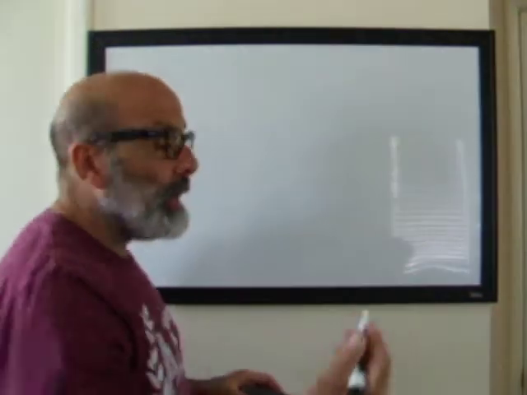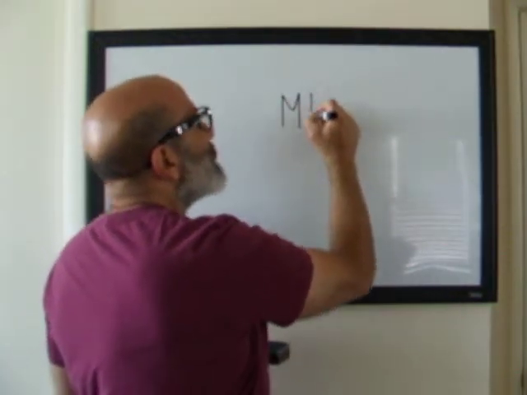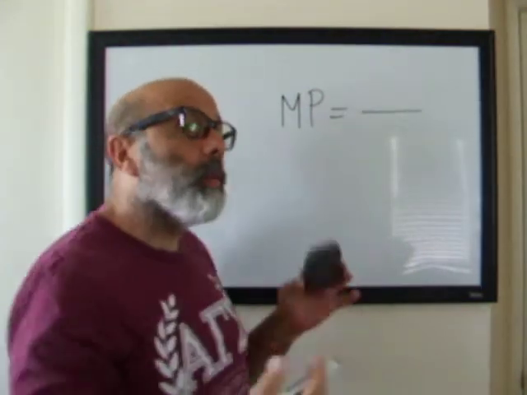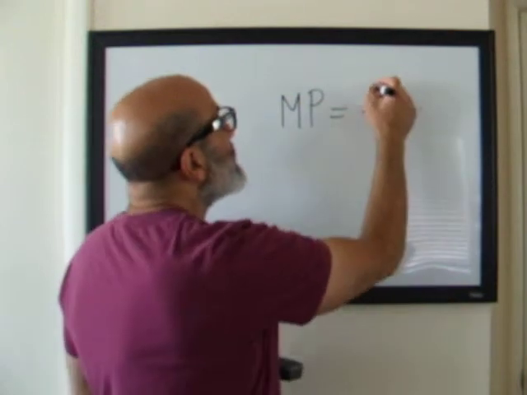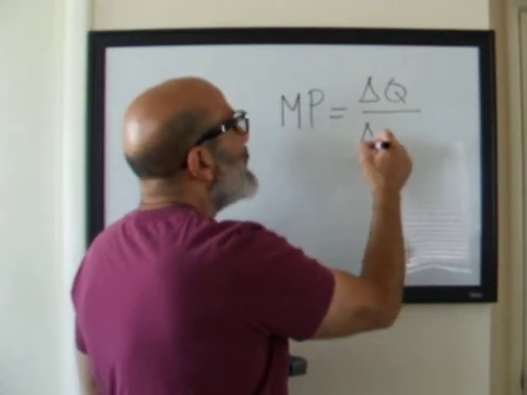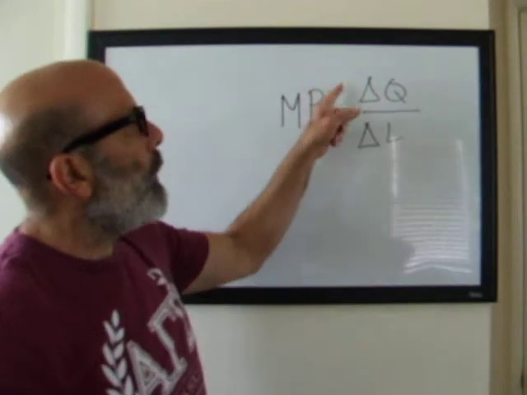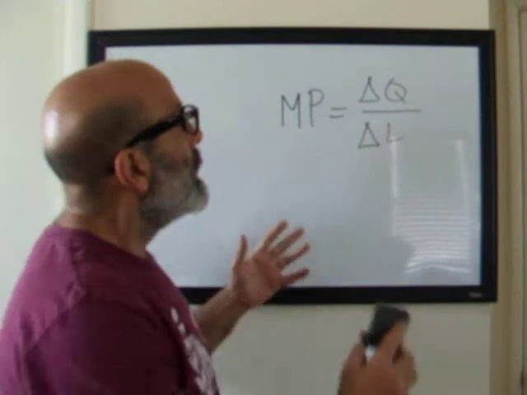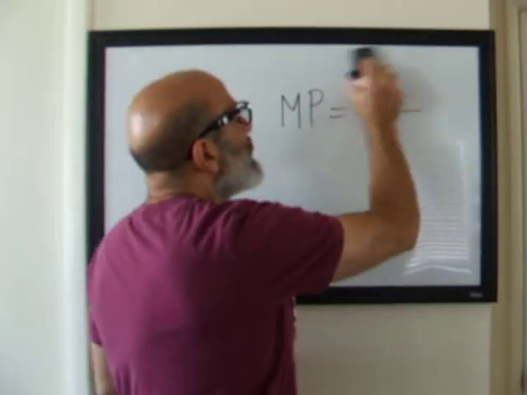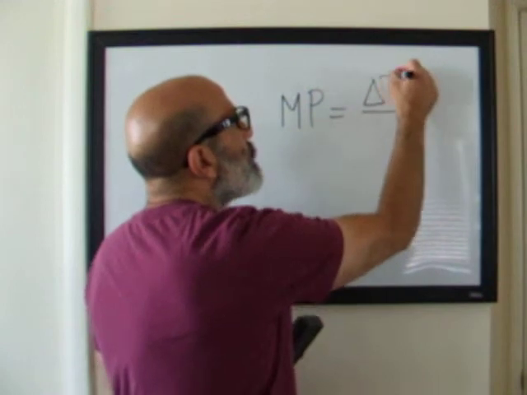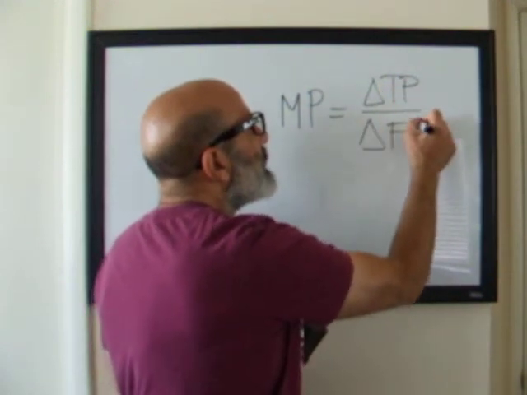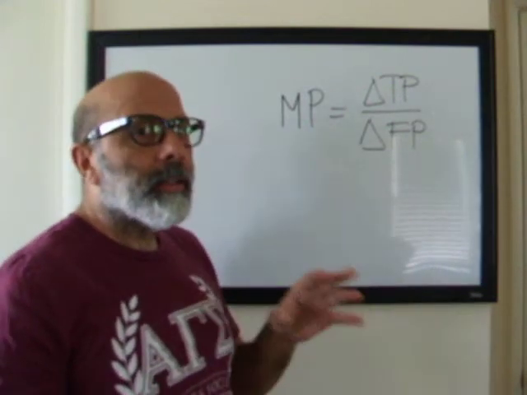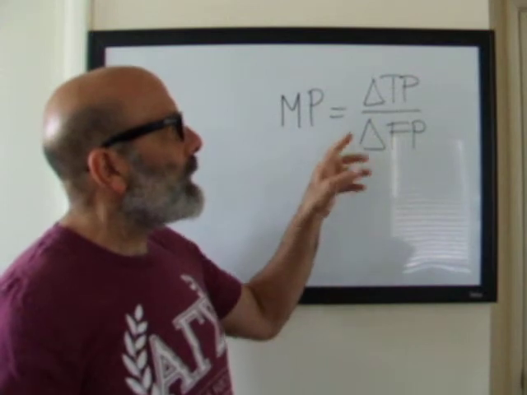Let's take a look at MP. MP is marginal product, or sometimes it's called marginal physical product. And marginal physical product can be written a couple ways. We'll write it both ways. It's the change in quantity when you change labor. So quantity is the total product and labor is just a certain factor of production. So we can rewrite this as the change in total product when you change any factor of production. So that's marginal product. Now, marginal product is a little bit more specific, but it's all in units